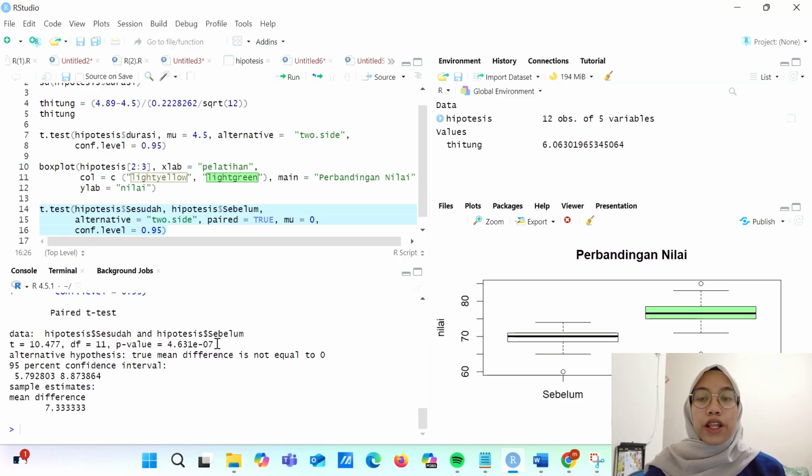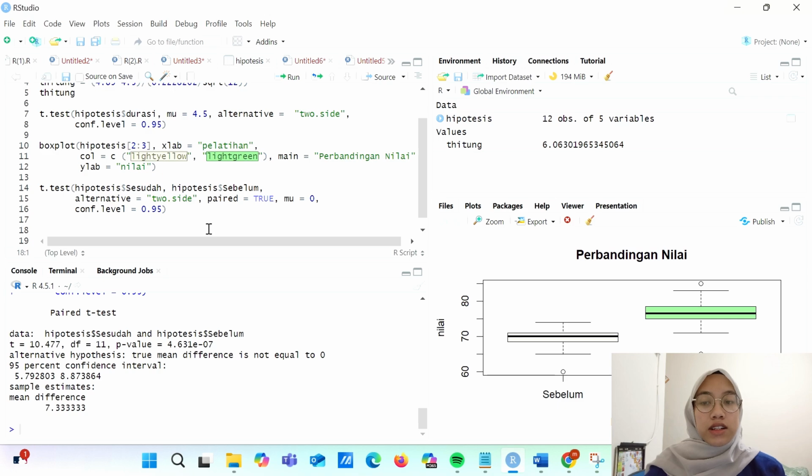Okay, moving on to the last question, question number 3, where we are asked to combine data, create a box plot, and perform a Welch two-sample t-test. So, combine the data from columns method A and method B into a single data frame called method, like this.